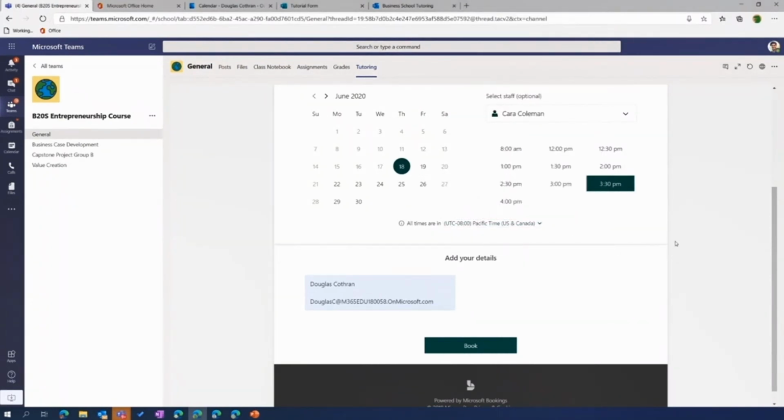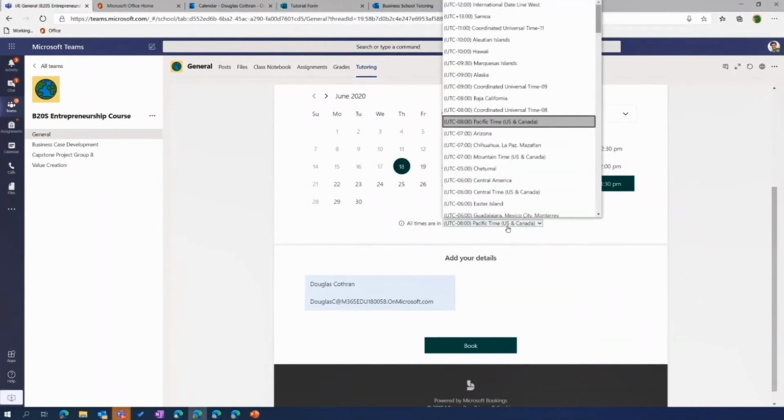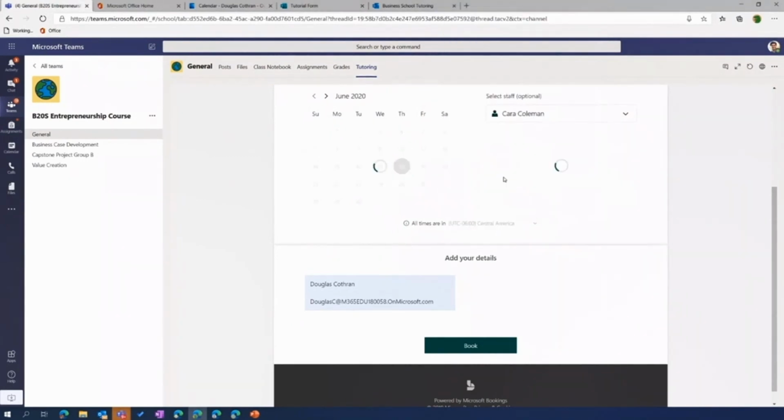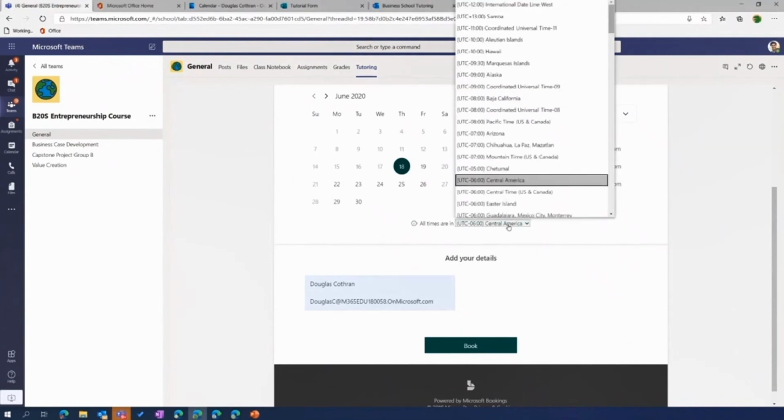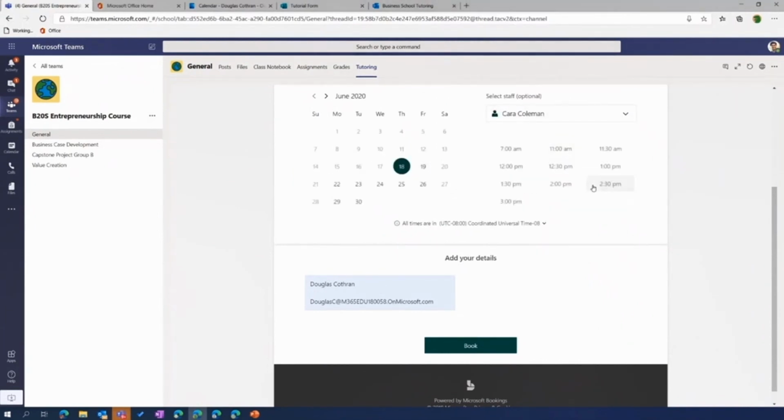And we also, you saw just there, I could open up the time zone. So this automatically detects your time zone. Great for students who might be international. So let's say they might be in a different time zone. They would see it in their local time. So maybe you're based in London and they're based in Berlin, or maybe over in Seattle, which is where I am right now. And that all updates to the local time, which is really nice to make it easy for students to pick a time that will suit them.